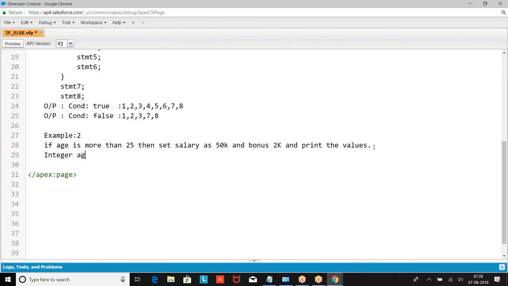Integer age. Otherwise, we can straight away write the snippet: if age greater than 25, salary equal to 50,000, bonus equal to 2,000, then print the values.